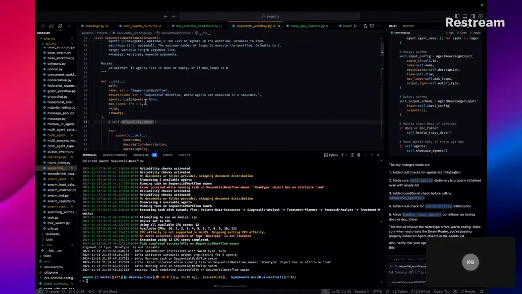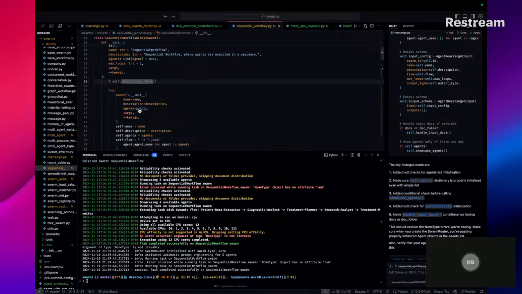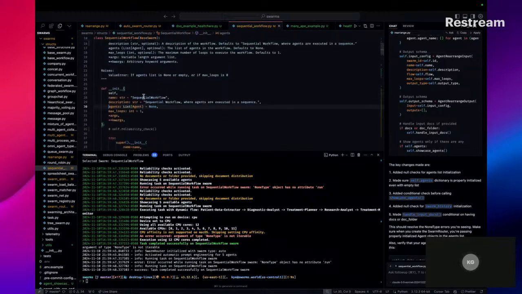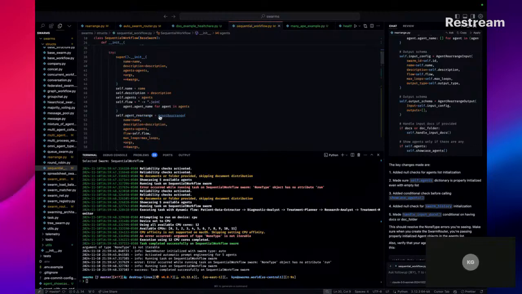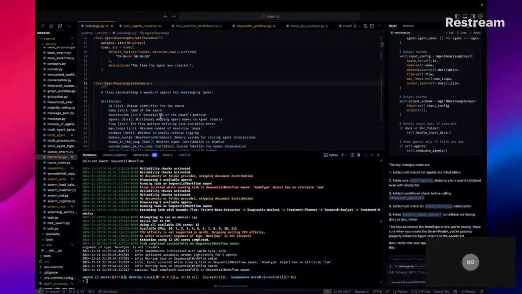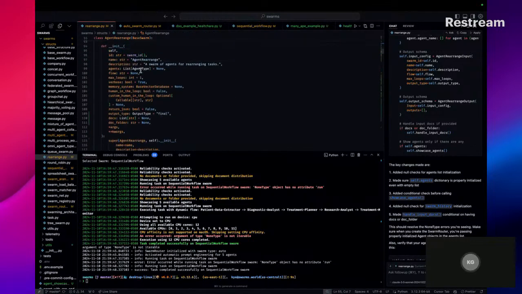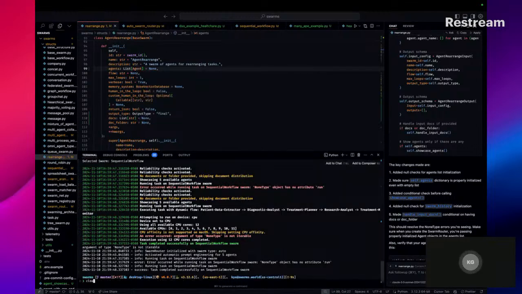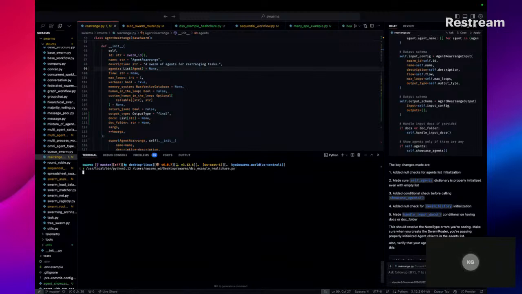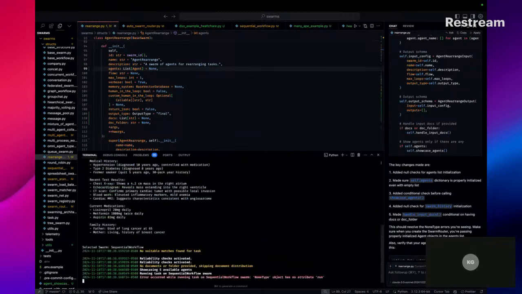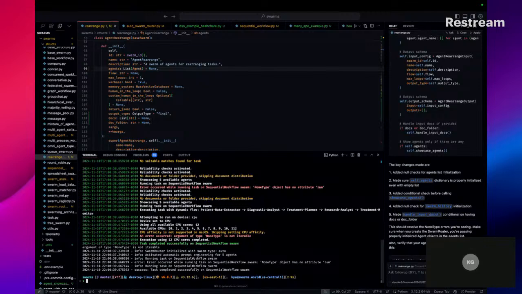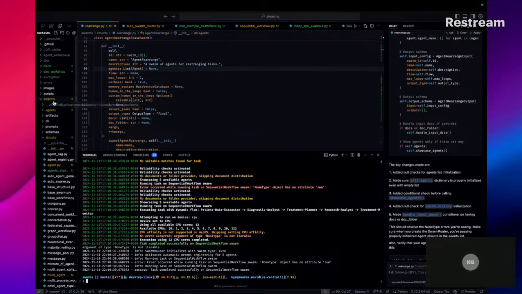I think I know how to fix this. Yeah, so the sequential one is not working now.